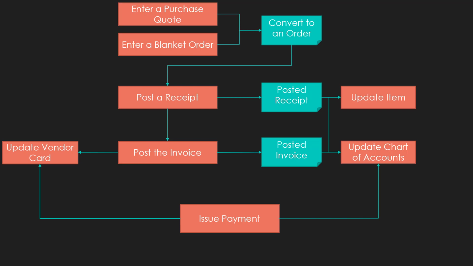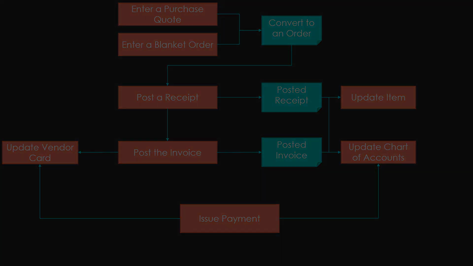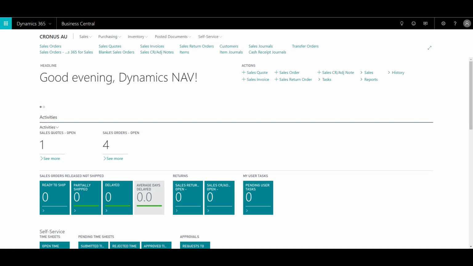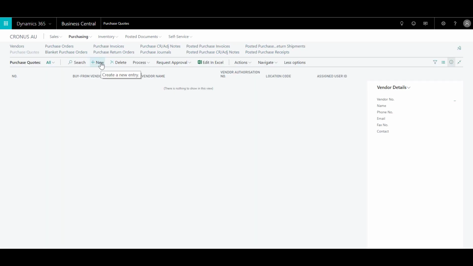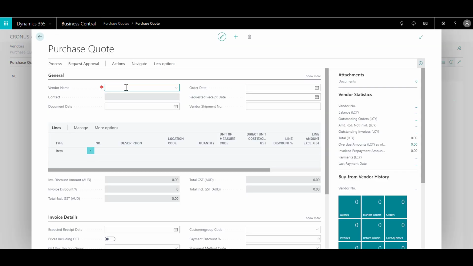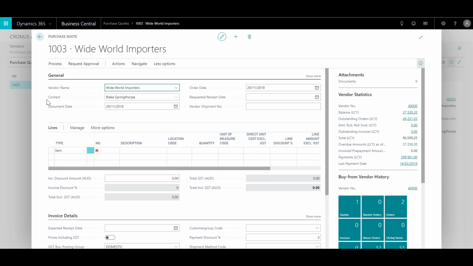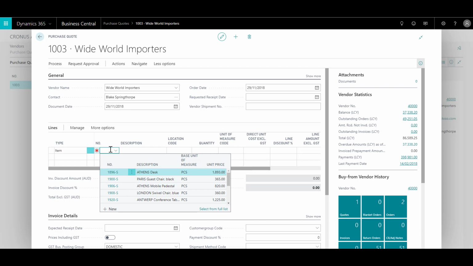Now let us go ahead and look at the system to see these different components. So let us start with the purchase quote. A purchase quote enables us to enter multiple quotes from different vendors in the system, and then when you click on the Make Order button, you can convert that quote into a purchase order. So let's go ahead and create a new purchase quote. For that, you can click on Purchasing, click on Purchase Quotes, and on the purchase quote list, you can click on New. You can choose a vendor name, let's say Worldwide Importers over here, and you will see the system automatically fills in the contact, the document date, and the order date details. Now on the lines, let's keep the type as item, and let us choose an item called Ethan's Desk